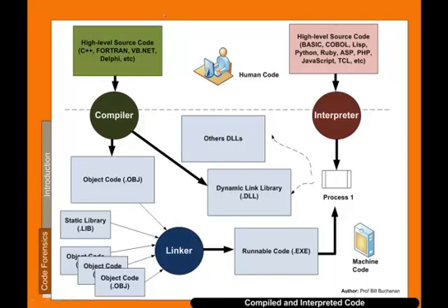So the basic flows that we have is that we can either have a compiled language on this side, and with a compiled language we have languages such as C++, Fortran, VB.NET, Delphi, C#, and so on. They go through a compiler which checks the syntax and does other validation tests. Some will even check for runtime errors. From here we get our object code,